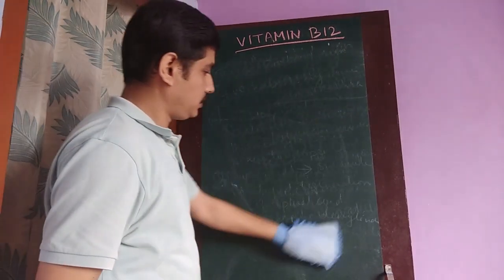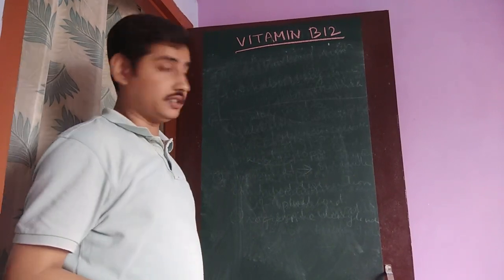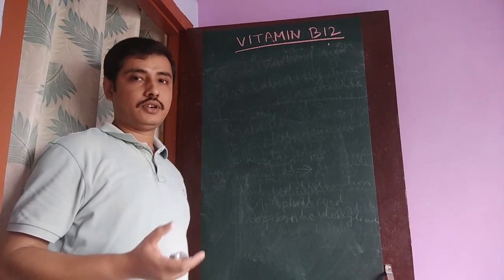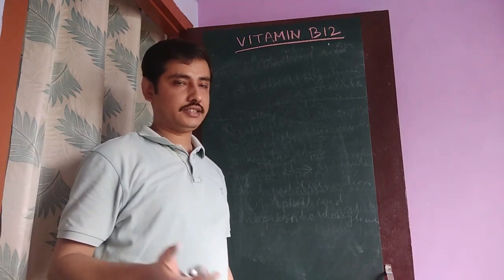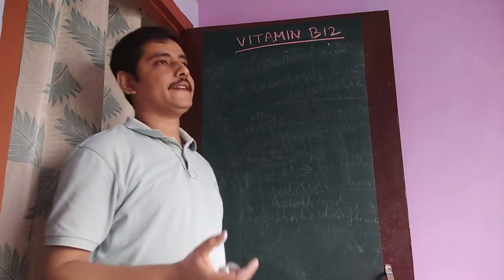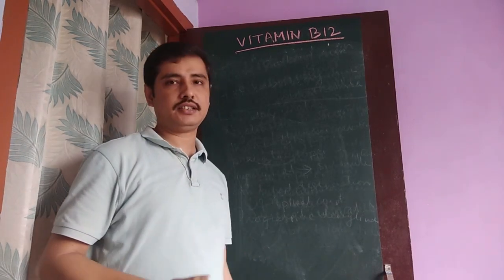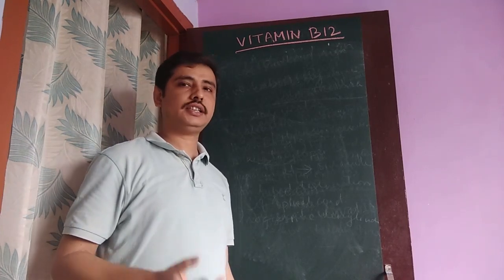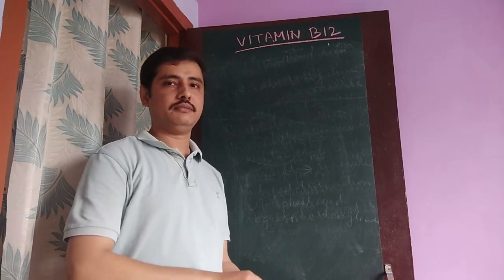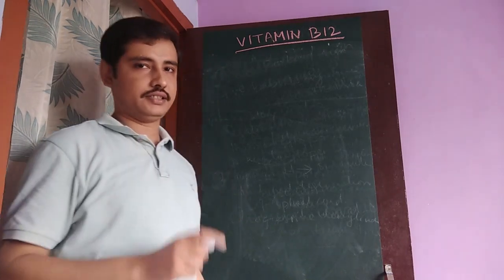Now this is about megaloblastic anemia again. Why does it occur? In case of vitamin B12 deficiency, due to the folate trap, there is also an additional folic acid deficiency. You all know that folic acid is required for DNA synthesis, in purine synthesis and deoxythymidylate synthesis. So when there is no DNA synthesis, there will be no nuclear maturation, only cytoplasmic maturation. So the size of the cell will be large.